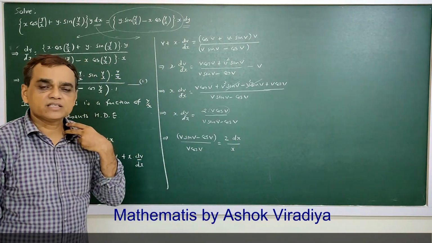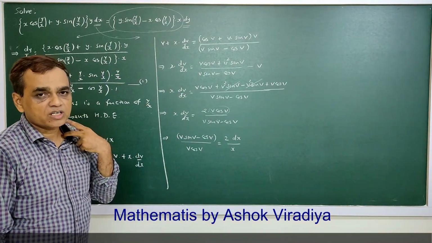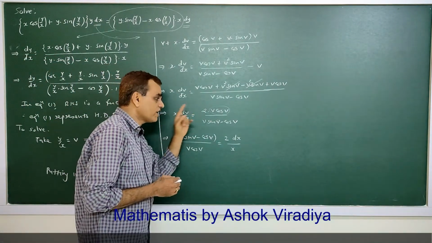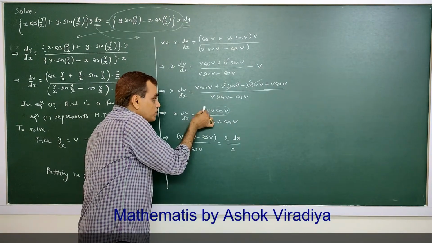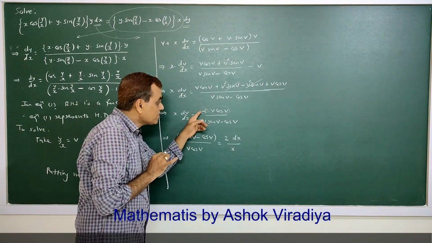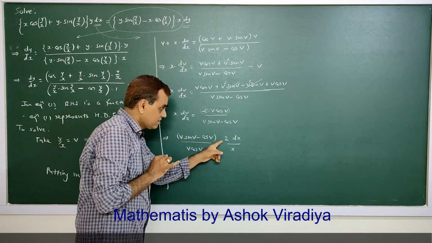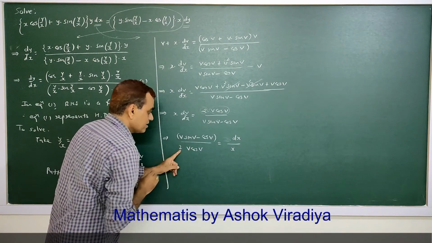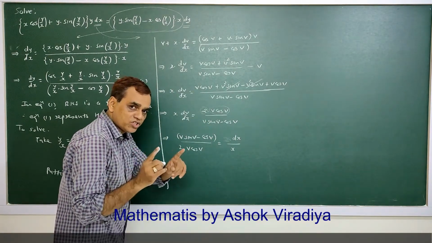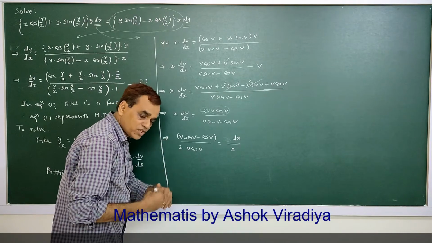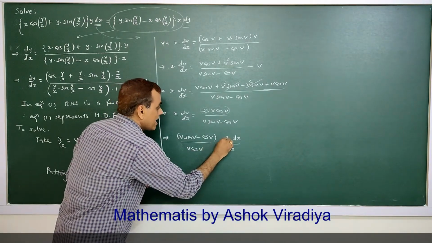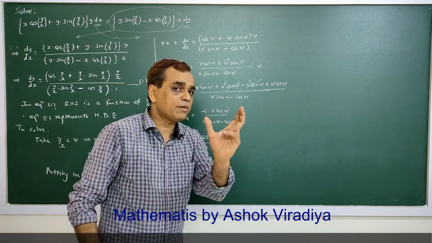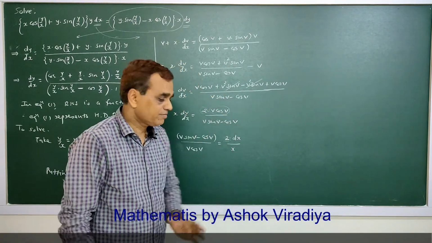Whenever in any differential equation you are converting into variable separable form, anywhere either from the left side or the right side, if you find such a constant, then keep the constant as it is if it is in the numerator. Don't shift this 2 to this side. For easy calculation in further steps, keep 2 as it is if it is in the numerator. If constants are in the numerator, in multiplication, keep them as they are.